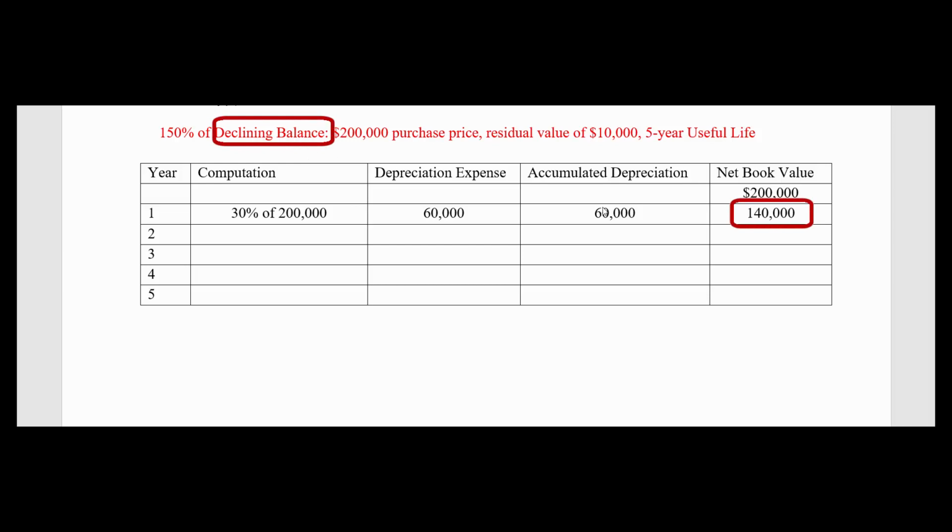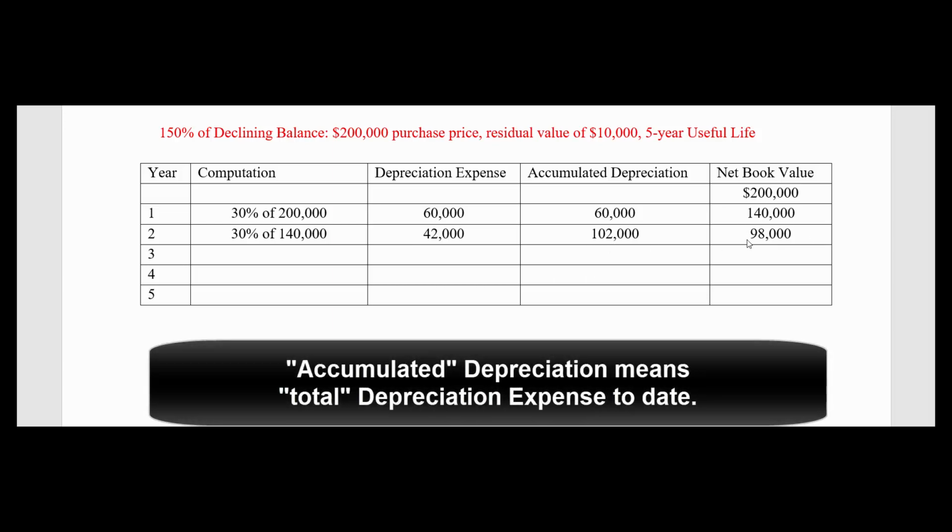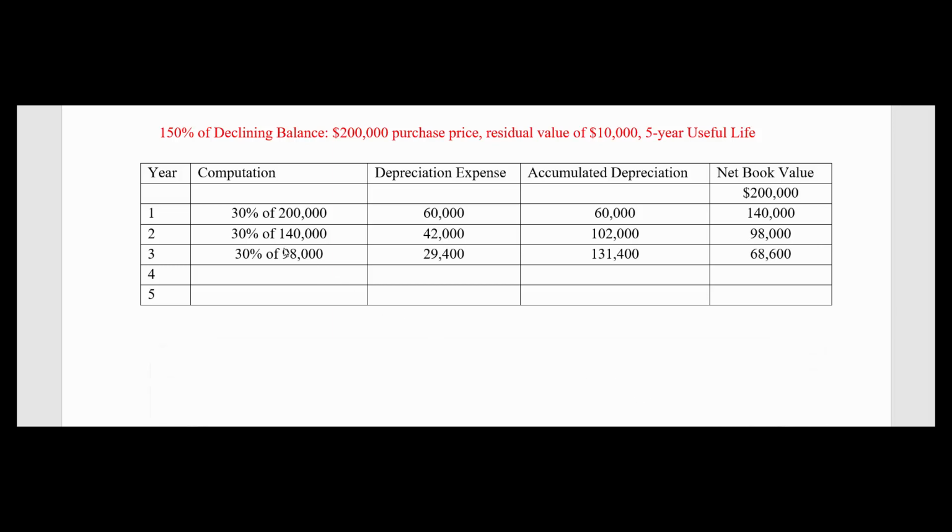That declining balance refers to that declining net book value. So the next year we'll take 30% of 140,000 for 42,000. So now our accumulated depreciation is 102, our net book value is down to 98. We'll do the same thing the next year. So we've got 30% of that 98, so we got 29.4, and now we're getting to the point where we